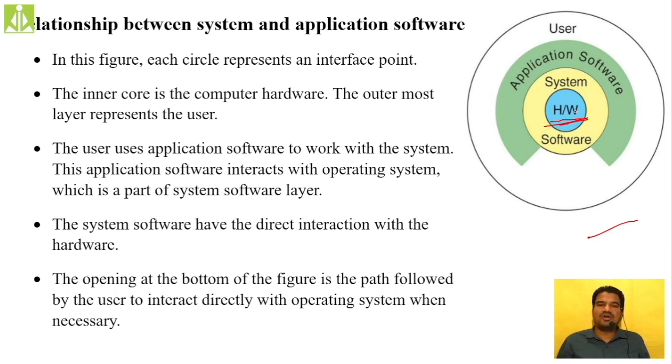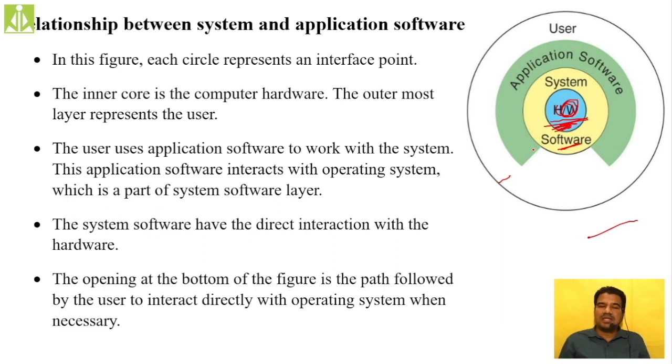So in order to get the functionality from those electronic components, we need to put some software on them, isn't it? Only then will they work, only then will they give the output for us, only then do they become productive for us. So our primary goal when we have a computer is to utilize the hardware, to make the hardware functional. And we make that hardware functional with the help of the system software. We install the system software on top of the hardware. With the help of the system software only will your computer hardware function. And after the system software, we have the application software.